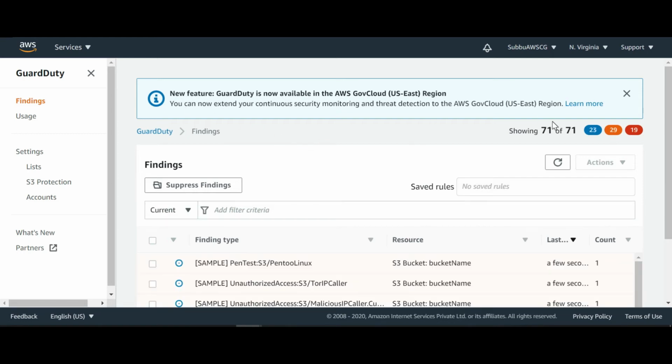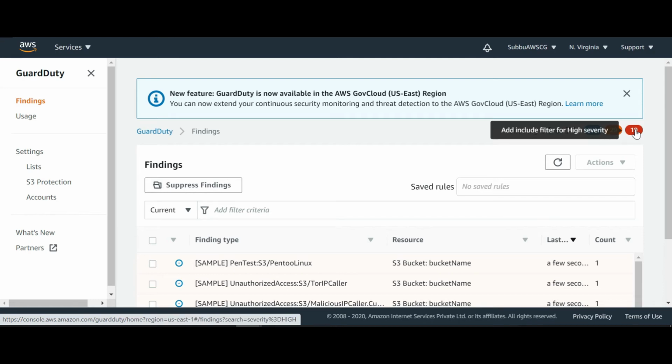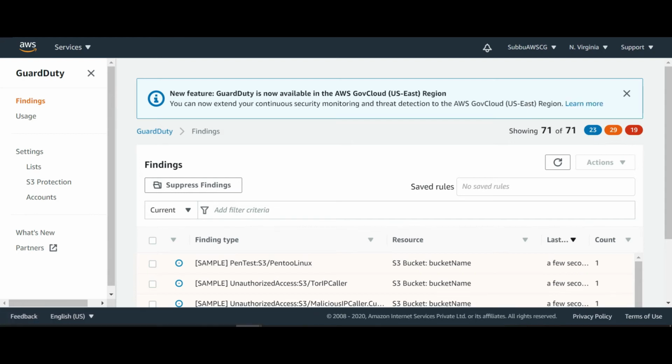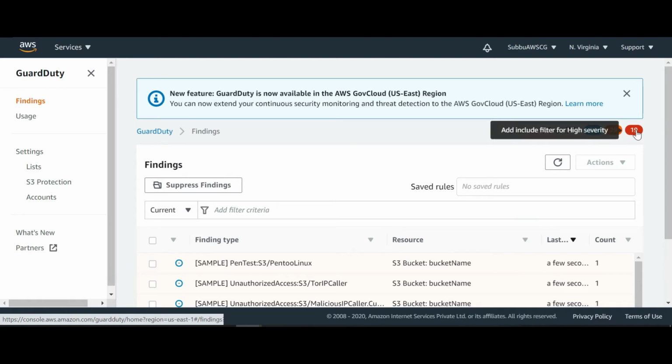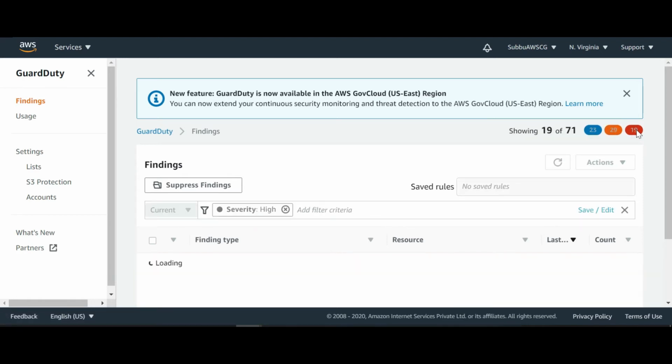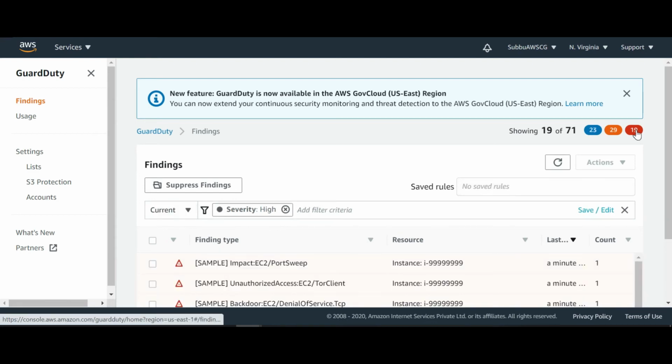Yes, now I can see 71 sample findings in my GuardDuty service. Out of this, 19 are of high severity, 29 are of medium severity and 23 are of low severity, and you can click on these buttons to see them in detail.